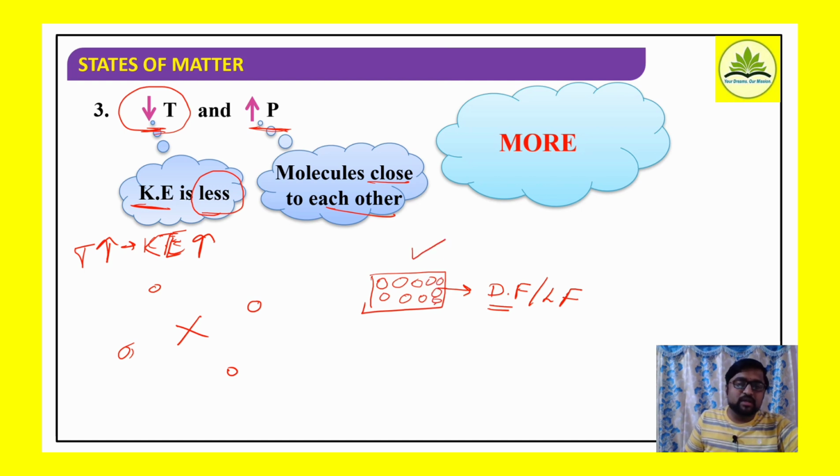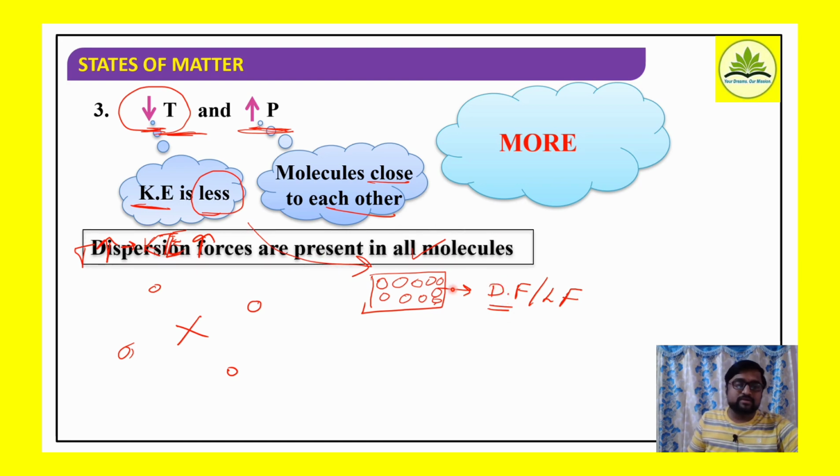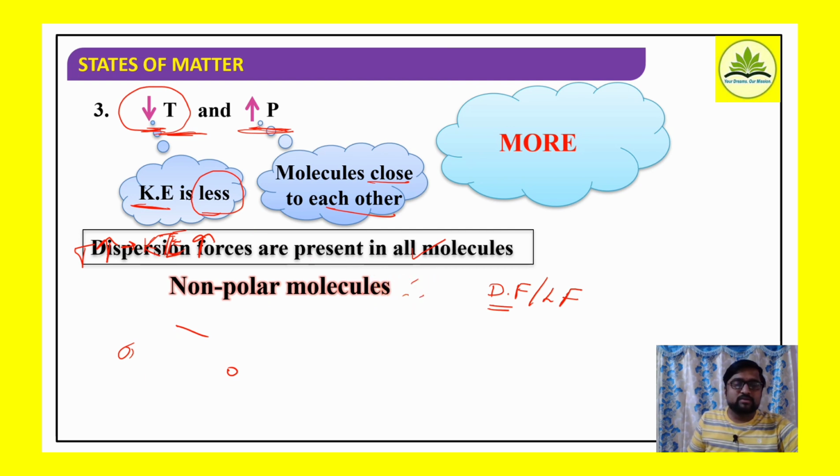So at which condition is it possible? When particles come very close to one another, it is possible only at a low temperature and a high pressure. When temperature is low, the kinetic energy of the particles is less. On the other hand, when pressure is very high, particles come very close to one another, therefore they interact. It leads to a dispersion force or London forces. Okay, so for all non-polar molecules, three conditions are specified: size, number of electrons, and low temperature, high pressure.